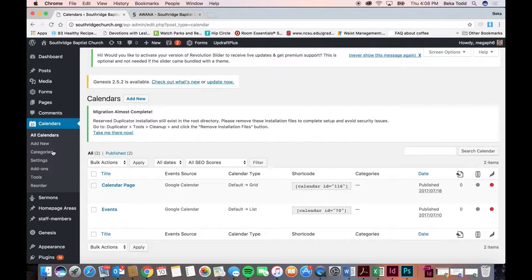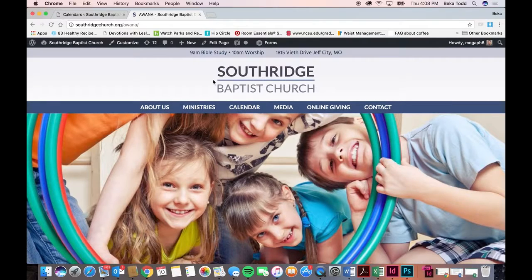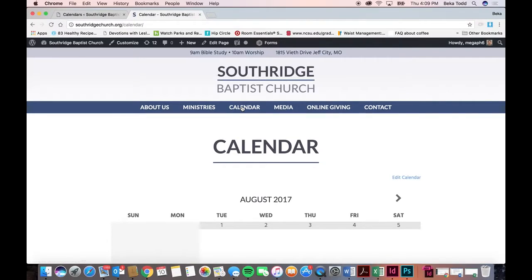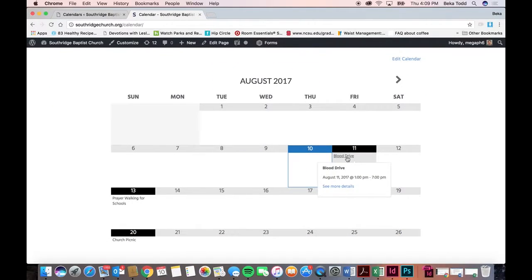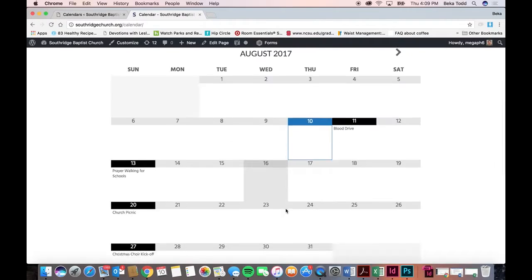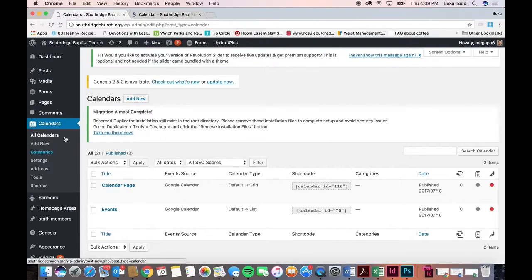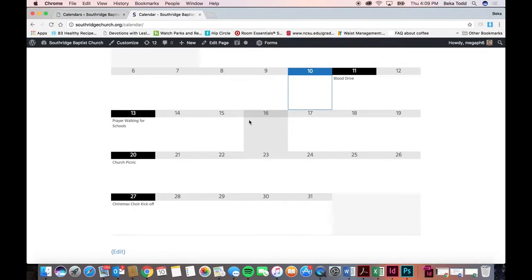For calendar, what we've got going for you is we have your Google Calendar linked to this page. So all that you need to do here is log into your Google Calendar and add dates and add events through that, and they will automatically show up here on your website. So there's really nothing you need to worry about on this part of the website for calendars. We've just got it set up for you, and you don't have to mess with anything here. This is all updated through your Google Calendar